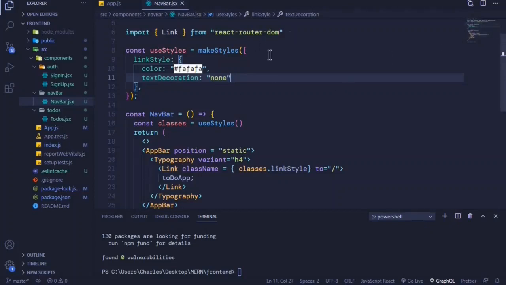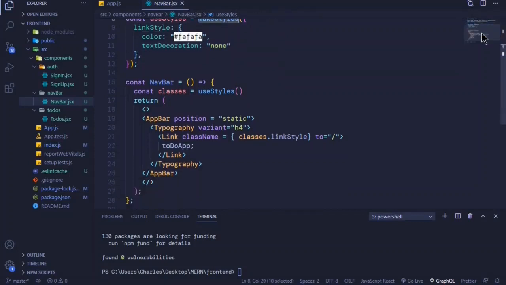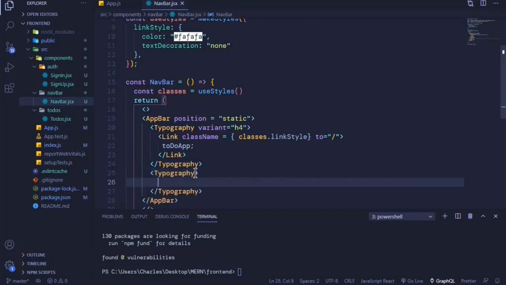Now you have seen how we use make styles, which is a hook, and we can now proceed to the next step, which is adding another typography. So just after this typography, I'll add another typography here. The variant for this one, I want it to be subtitle 2. So this is just a smaller text than the H4 here. So subtitle 2, and then I can include the text here,